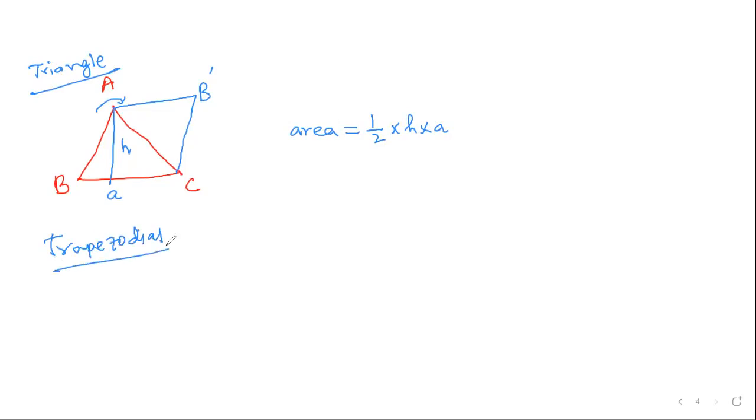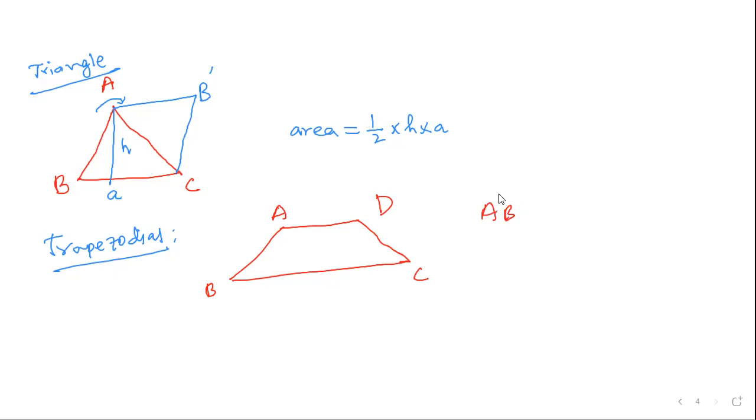So if you take a trapezoid, then what will be the area? Let me take a trapezoid here. How is a trapezoid defined? Two sides are parallel and the other two sides, nothing, no information given. So let's say ABCD is a trapezoid where